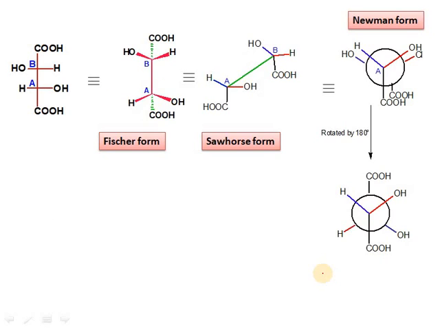Now at this point we convert the Fisher projection into the Sawhorse and then into the Newman projection. So this is the formula we convert. This is a tartaric acid, which is threo. Why is it threo? Because the two similar groups are on opposite sides